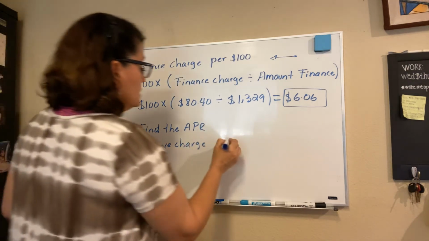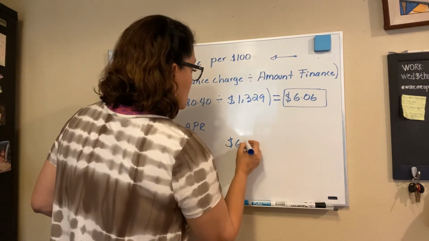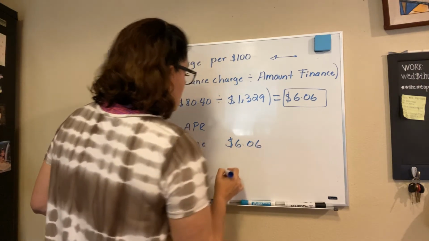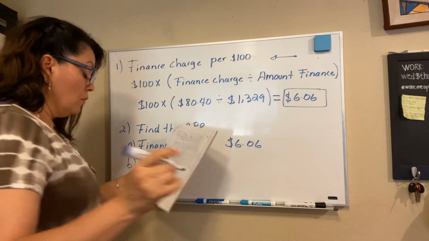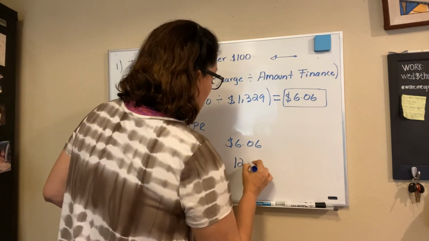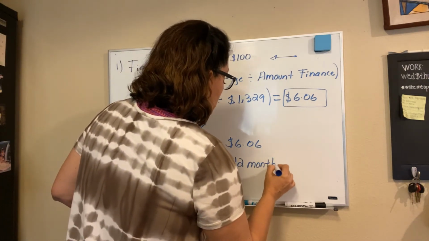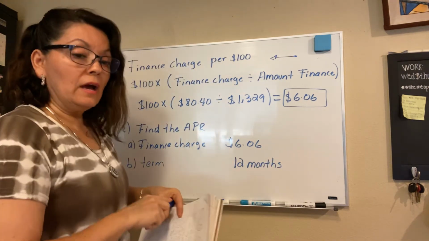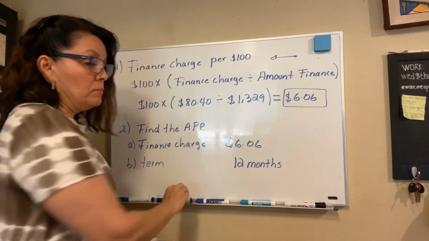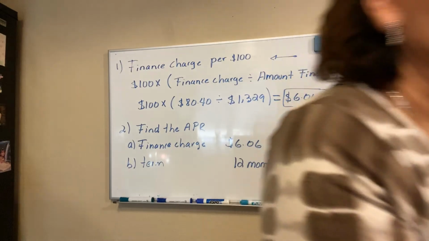In this case, the finance charge is 6.06, and the term that it says in the example was 12 months. Okay, so now I'm going to use my iPad to show you,